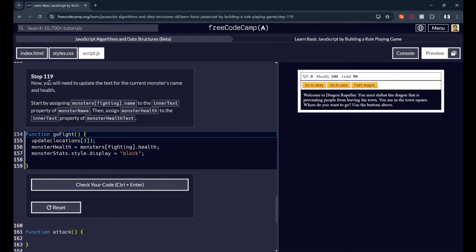We are on 190 and we have around 160. We still have 40 more problems to go through. So now you will need to update the text for the current monster's name and health. Start by assigning monsters fighting dot name to the inner text property of the monster name. So we'll just go here and put monsterName dot innerText equals